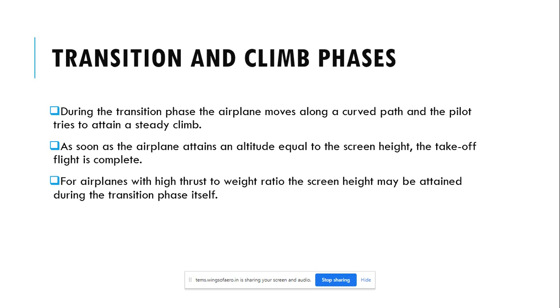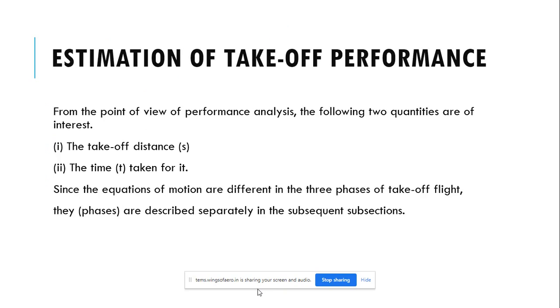So this is what I have explained here. I have told the transition and climb phases also. After the ground run, the next phase is the transition phase. In the transition phase, the landing gears, or the three wheels, will lift off and be retracted. Sometimes it won't be retracted at that time. After climbing to a certain height, it will be retracted. With non-retractable landing gears, in the transition phase the aircraft will be airborne only. The next is the climb phase.